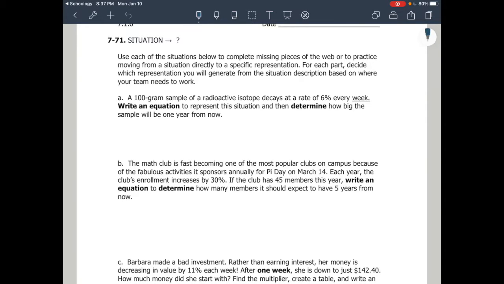So we want to write it in y equals a times b to the x form. So the starting amount is 100, so that's A. And then B is going to deal with the decaying at 6% each week. So we're going to do 100 minus 6. And that's going to be 94, and that is a percent. So then we're going to take that and make it a decimal. So 0.94 is going to be our multiplier. So remember, when you're decaying, you subtract from 100, and then when you're growing, you would add to 100. So then,